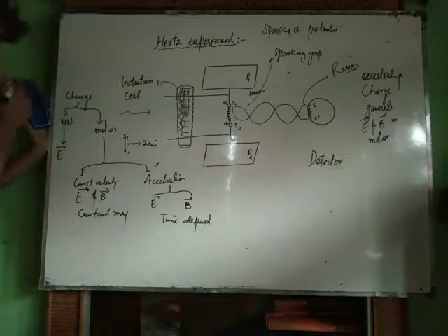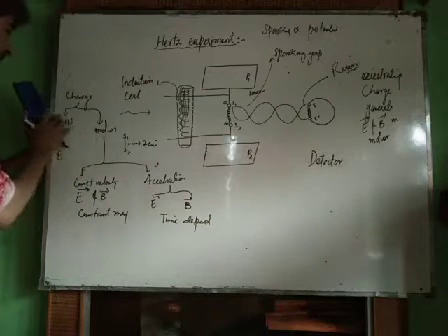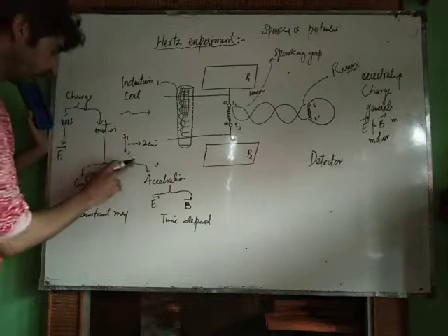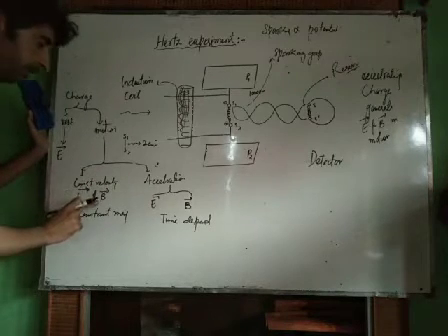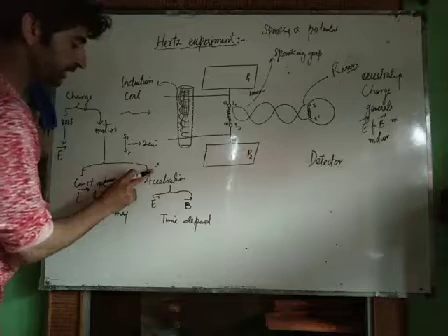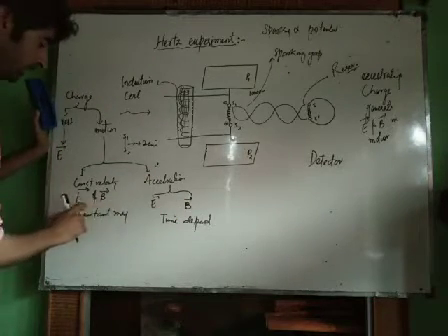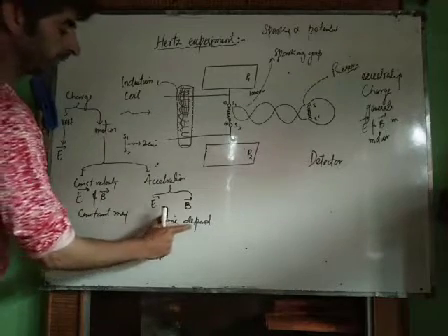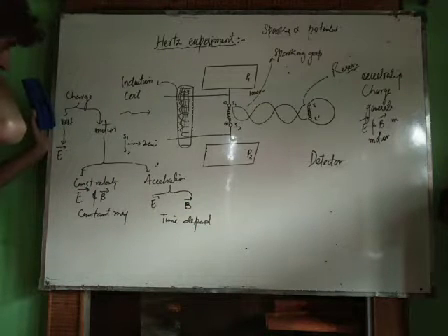Now see what I have said. We have a charge at rest and in motion. If our charge is at rest, only an electric field is generated. If it's in motion, we have two types of motion. If it moves with a constant velocity, then it generates electric and magnetic field. If it moves with an acceleration, then it also generates electric and magnetic field. The difference is that here the electric and magnetic fields have constant magnitude, and here they are time dependent. They vary with respect to time.